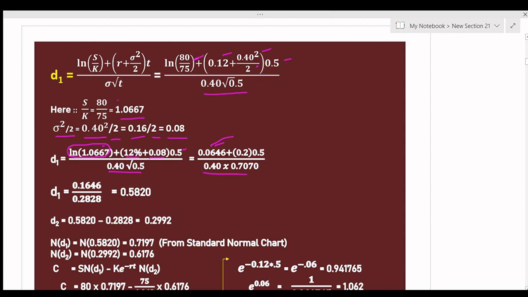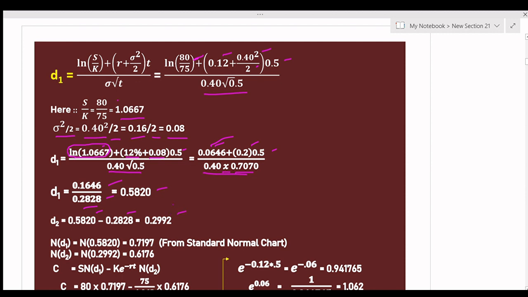And that comes to 0.2 into 0.5 divided by 0.40 into 0.7070. D1 is equal to 0.1646 divided by 0.2828, which is equal to 0.5820. And D2 is equal to 0.5820 minus 0.2828, that is sigma into root 0.5 is equal to 0.2828, then that is D2 is equal to